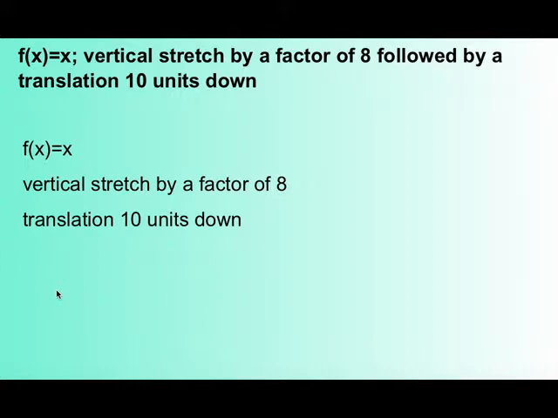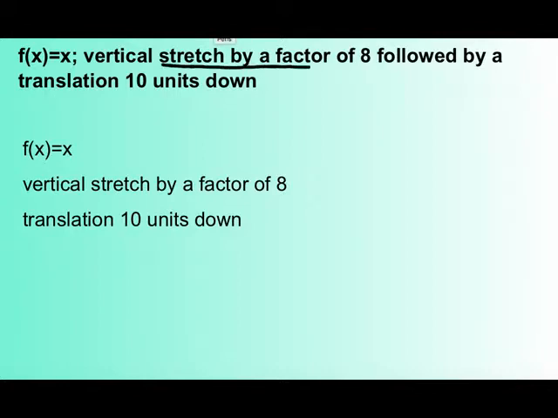So what we're going to do is a series of examples. If you look at the first example, we have f of x equals x. That is considered a linear function. It says we're going to do a vertical stretch by a factor of 8, followed by a translation of 10 units down. So to start with, we need to start with